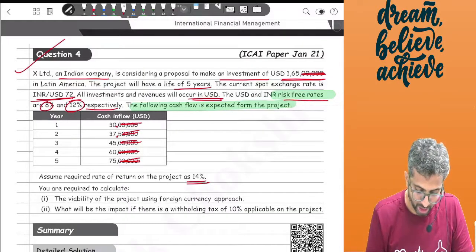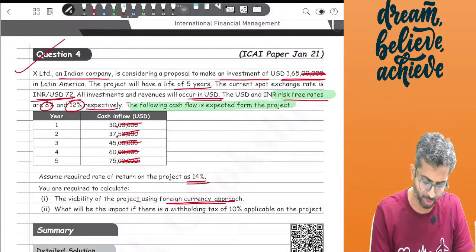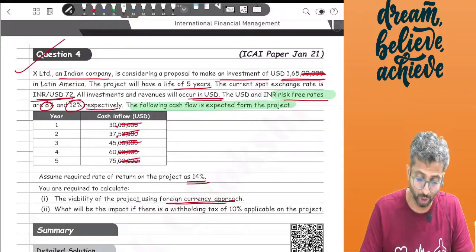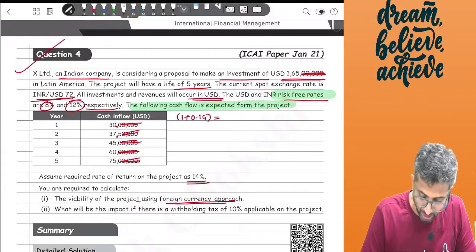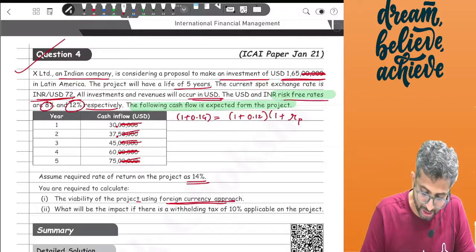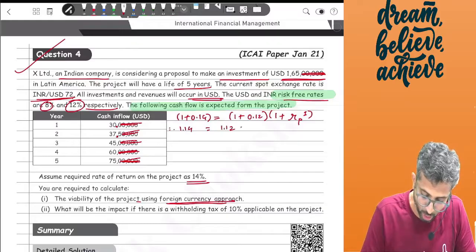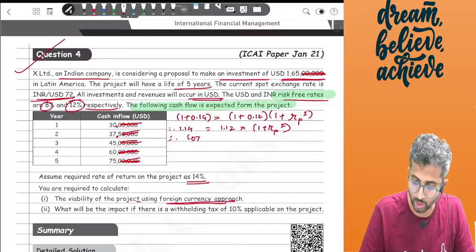You are required to calculate the viability of the project using the foreign currency approach. The question very clearly tells you that you have to use the foreign currency approach. Now within the foreign currency approach, what will you have to do? We will say that your required rate of return is 14%. So 1 plus 0.14. In India, you will at least need to recover the Indian currency interest rate, that is 12%. At the same time, you will also need to recover the risk premium in India. So that is 1.14 equals 1.12 into 1 plus RP in India. Therefore, 1.14 divided by 1.12, which comes to 1.0179,